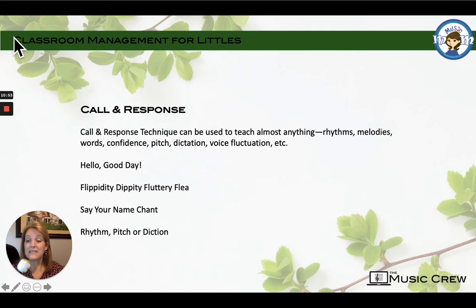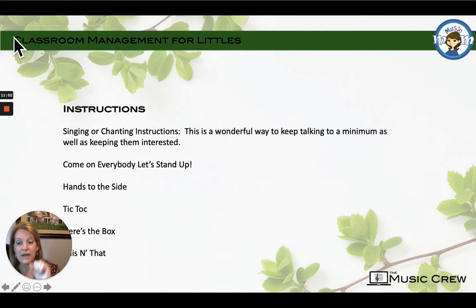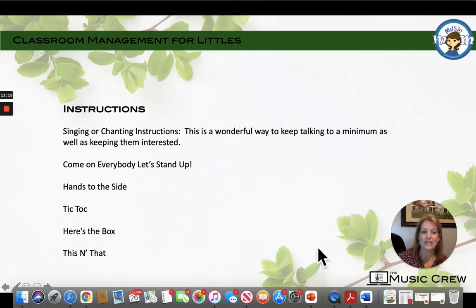So just play around with rhythm, pitch, and diction. You can clarify that with Mr. Microphone a lot, and that is call and response. Now, for singing instructions, or chanting instructions, this is a wonderful way to keep the talking to a